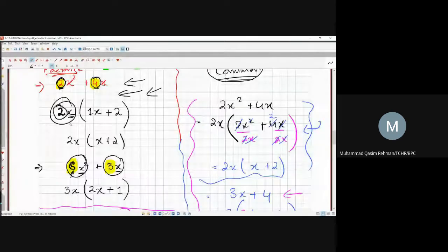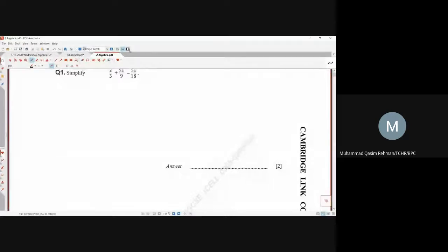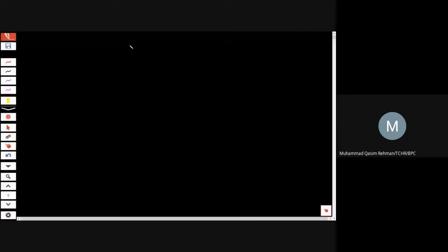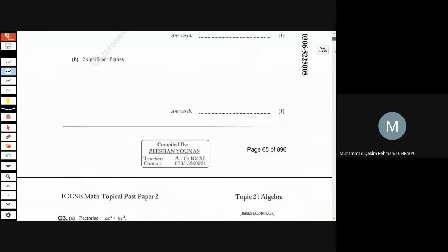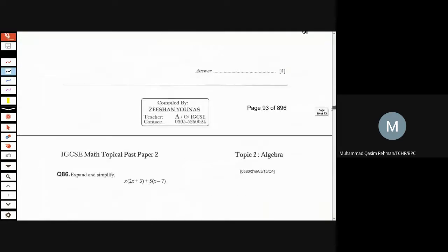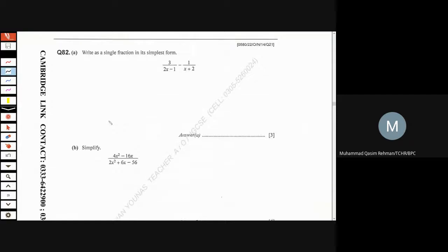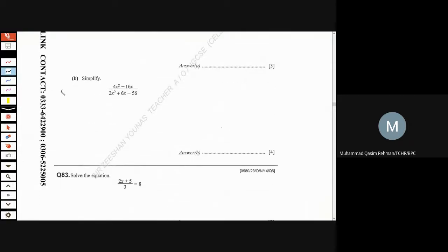I asked you to go through the worksheet, and wherever you find a question of the two kinds, one was with the command word of factorize, the other one was simplify, having a single fraction in it, and then factorize that. I just saw one of the questions. Now just for quick revision purposes, I'm going to do this question for the purpose of the recap. Now in the numerator, I have